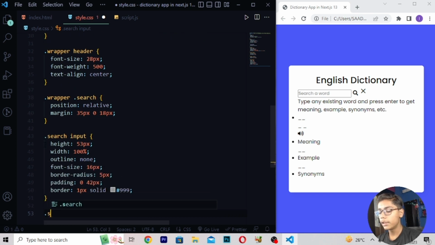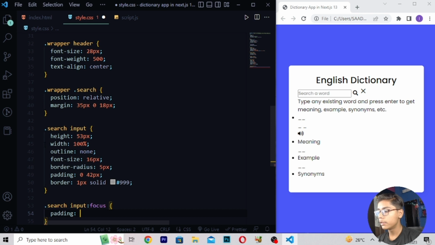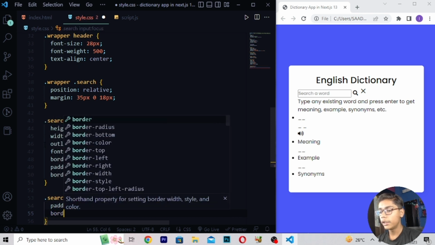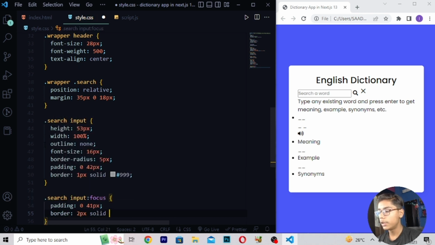Now when you've written this, here I will be writing search, right here input, then I will be writing here focus. Here you have to write padding 0.41 pixel, right here border which should be 2 pixel solid, right here 4D F9 FB.